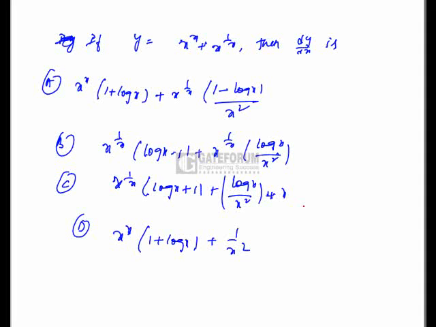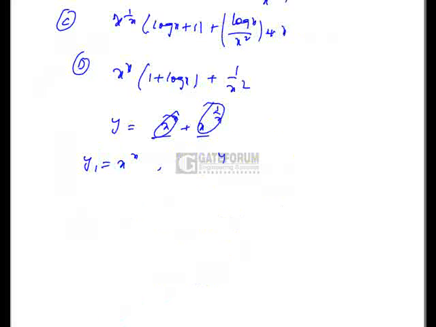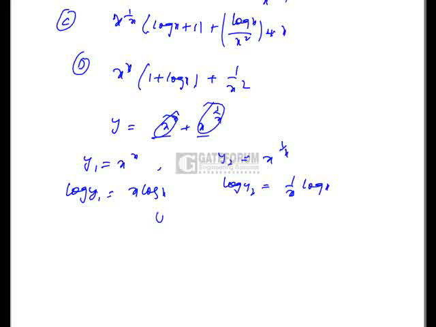Differentiate the function y is equal to x power x plus x power 1 by x. Now we cannot differentiate x power x and x power 1 by x directly, so I'll convert them into two different functions. I'll take x power x as y1 and x power 1 by x as y2, and I'll apply logarithm. Logarithm of y1 is x log x here, and logarithm of y2 is nothing but 1 by x log x. And I'll apply the UV rule, that is the product rule, and differentiate this,